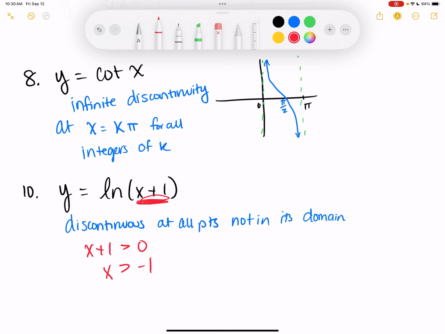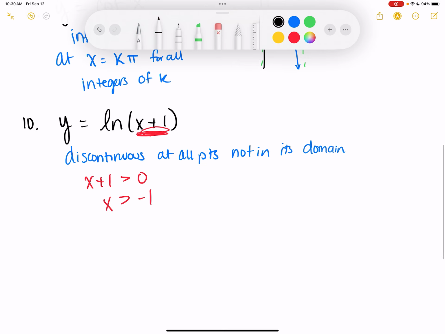Because we haven't seen a jump discontinuity yet, I want to look at one of those. It's an odd one, but number 7, y equals the absolute value of x over x. So this one, you wouldn't necessarily be able to just visualize that graph. I mean, you could probably get to where you're plotting points and do it, but if we type it into y equals